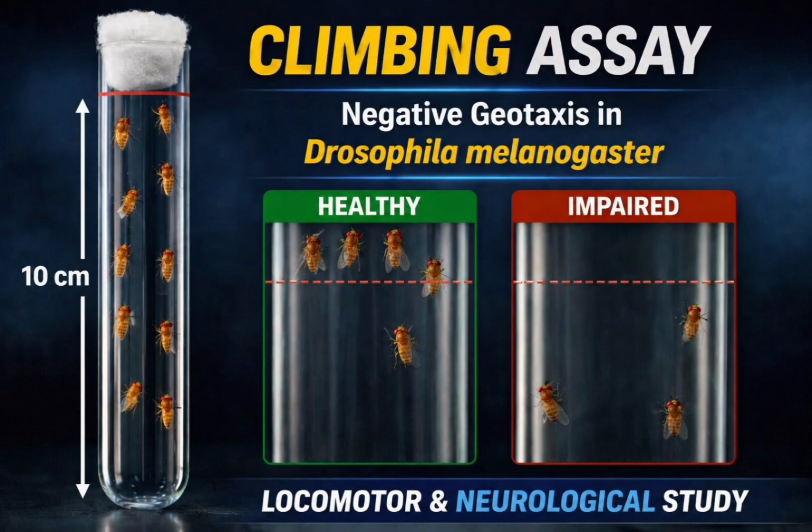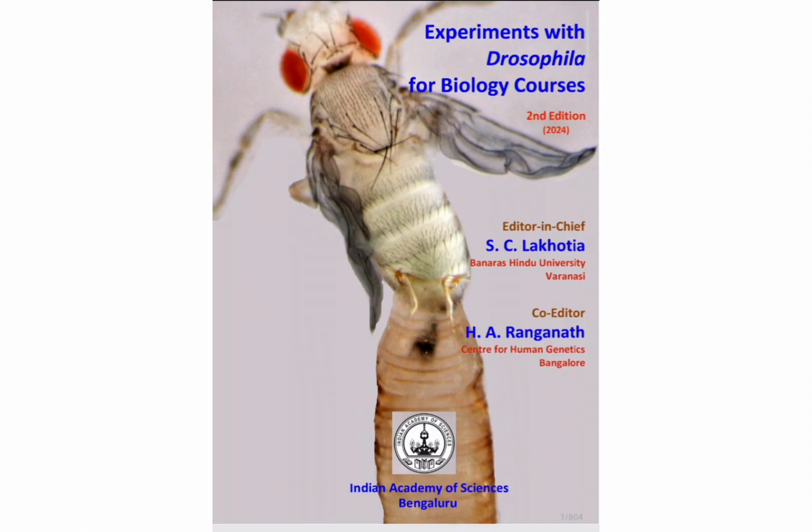Namaste everyone. We are going to demonstrate negative geotaxis assay in Drosophila melanogaster. This experiment is widely used to study locomotor defect and neurodegeneration. This experiment is performed following the standard procedure described in chapter 92 of this reference book named Experiments with Drosophila